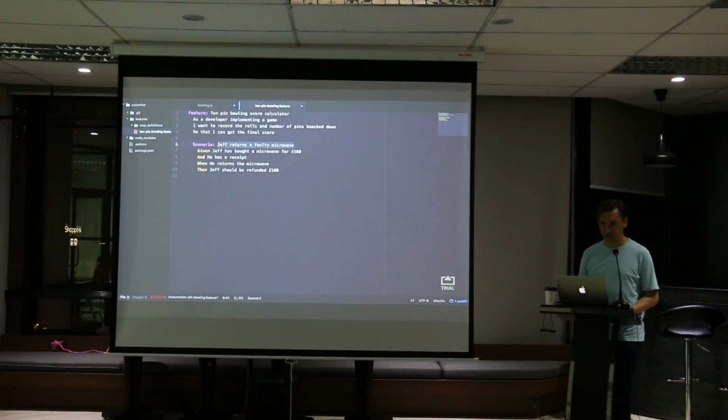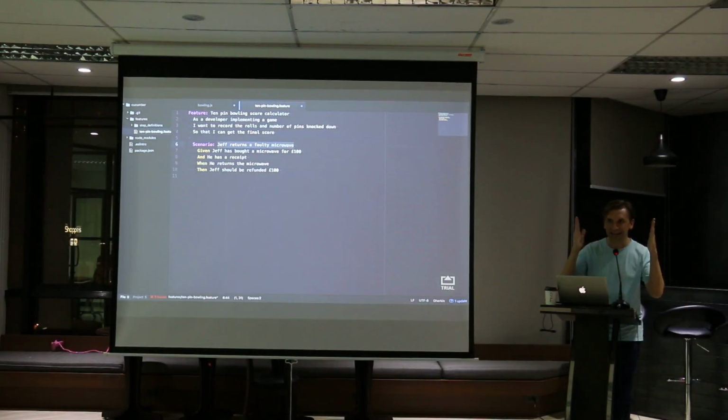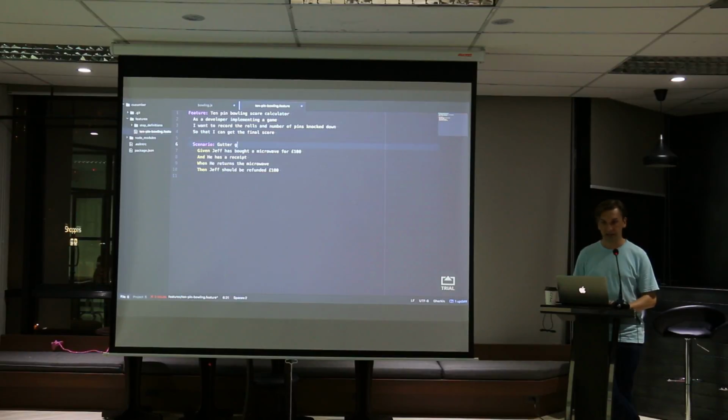Scenario. On the side of the bowling alley, there are 2 gutters. So this game would typically be a pretty ruined game, a gutter game. Scenario: a gutter game. We can find this out by talking to the end user. Use his terminology all the time. So, given that a new game has started,